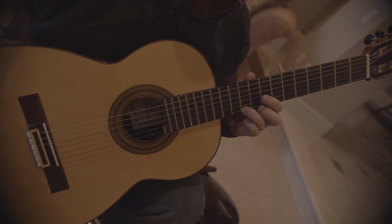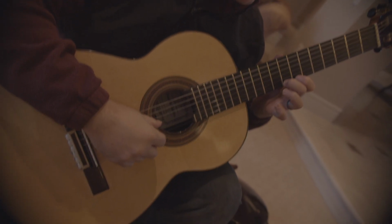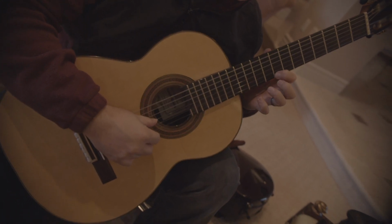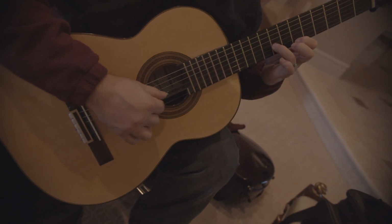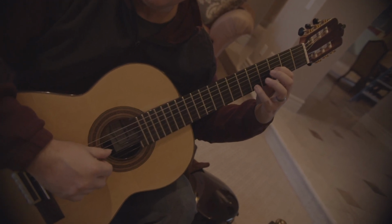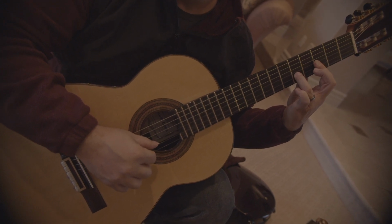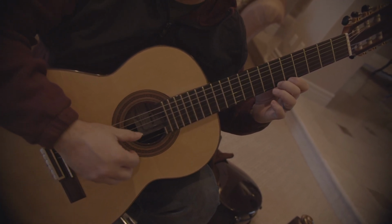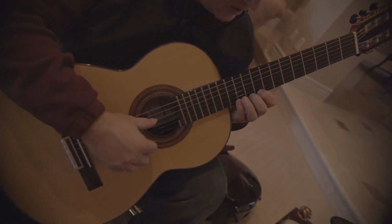Now, on the score, you actually have it marked as 2-4-2 for the ornament, right? I find it's just as easy to use 1-3-1. Hammer on and pull off. Right? And then you land 1 and 4 on the 3rd position, 3rd and 1st string. Right? And then you find yourself in 5th position. It's very similar to what you have at the very opening of the piece. Right? Then you find yourself in 9th position,